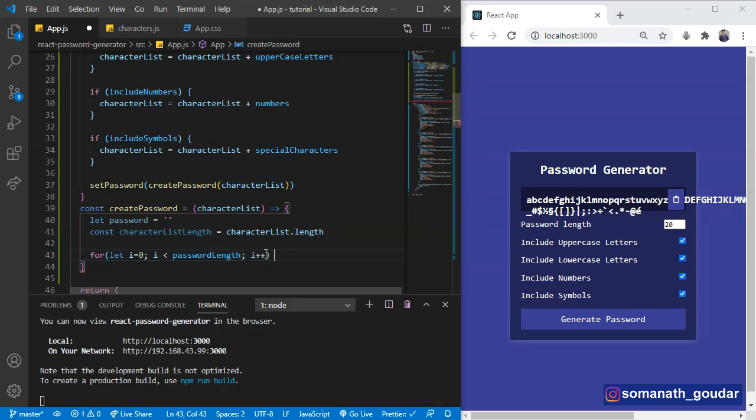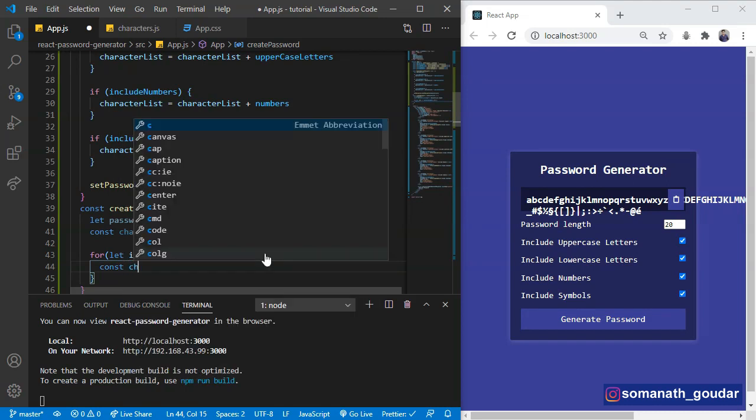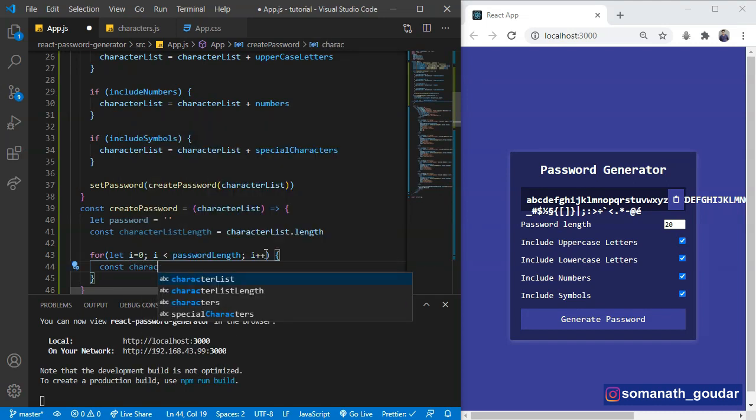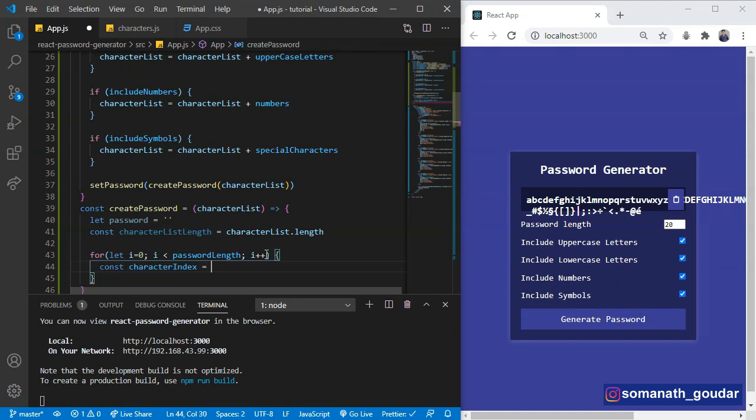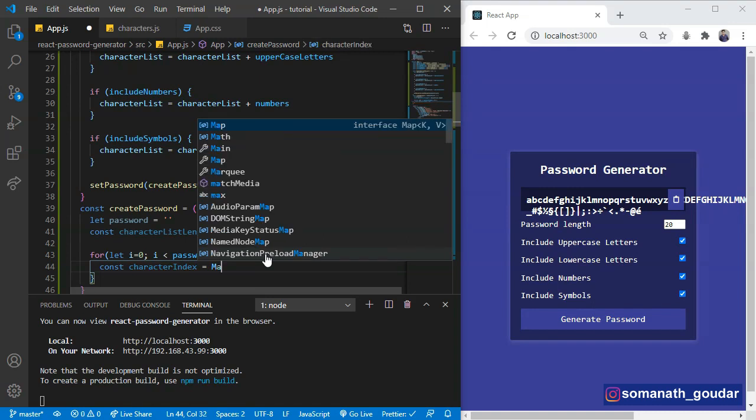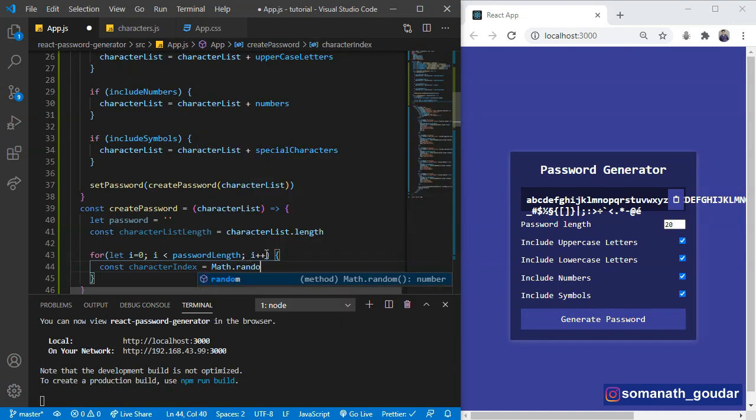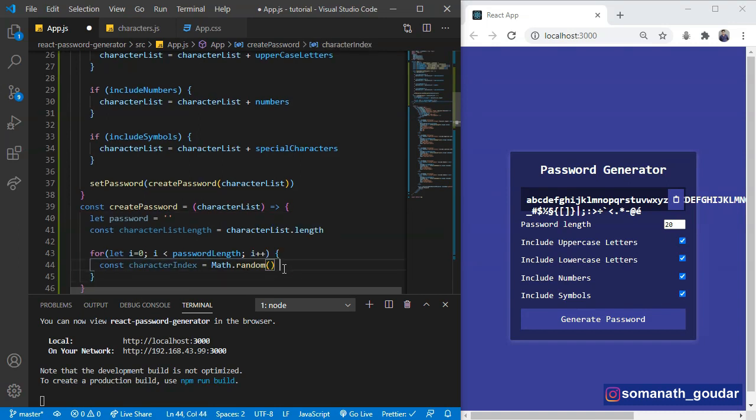So inside of this for loop, we are going to say const characterIndex, and this is going to generate a random index by using the length. To generate a random number, we are going to say Math.random, and we are going to multiply it with the character list length.